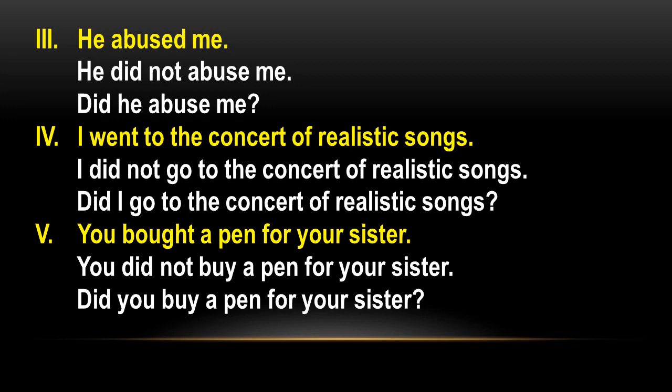The last sentence was, you bought a pen for your sister. Then again this is simple past. Did plus first form. You did not buy a pen for your sister. For interrogative, did you buy a pen for your sister? So in this manner we are going to change the different forms of sentences, identifying the tense, then going with its basic form and structure, we can change sentences into negative or interrogative, or from negative or